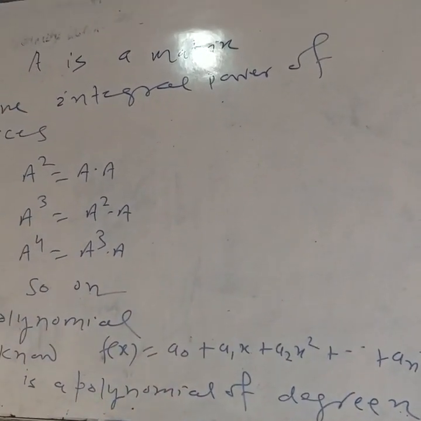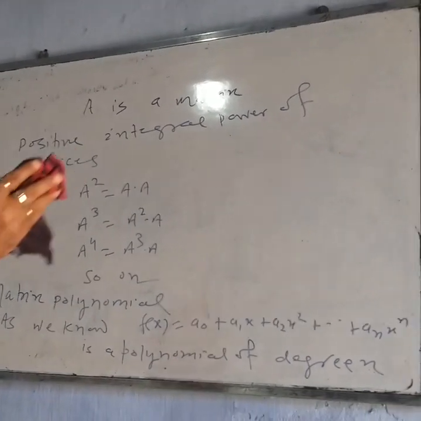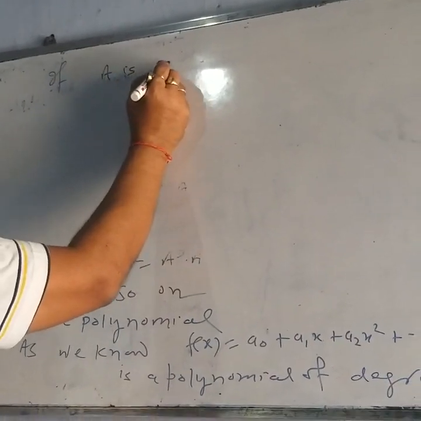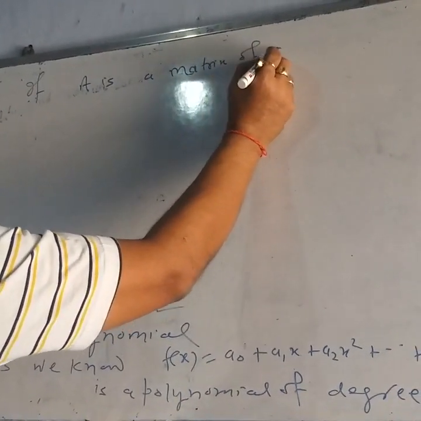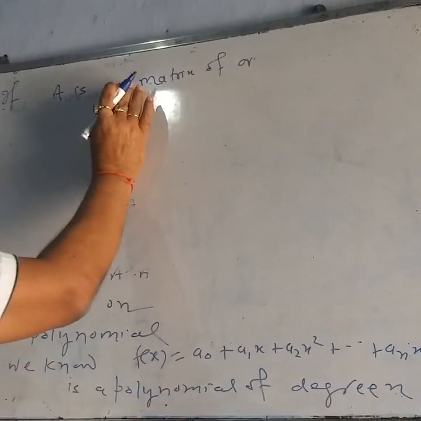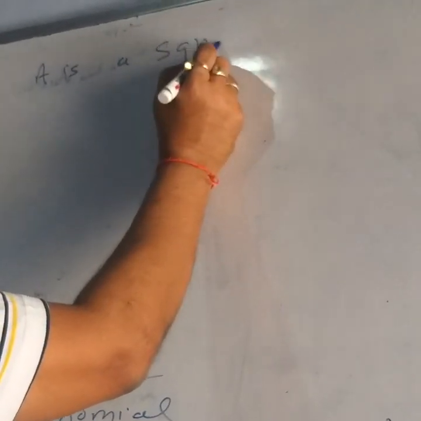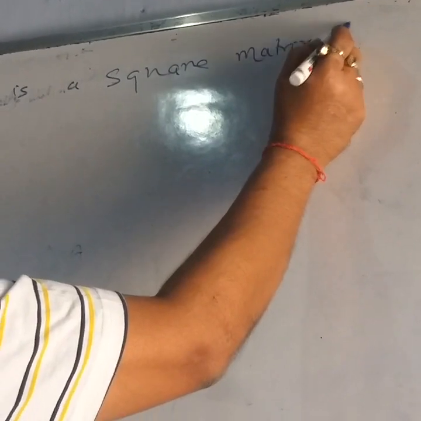And if A is a matrix of order n, a square matrix of order n,